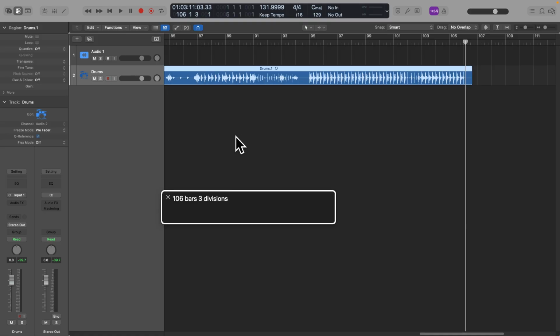106 bars, 3 divisions. So I can shorten the end of it. I was checking where I can trim, more or less there. 106 bars, 3 divisions. At 3 divisions still works, so I can shorten it, and this time I will press Command right bracket. So if I check the length of this region to the left hand side, and we do